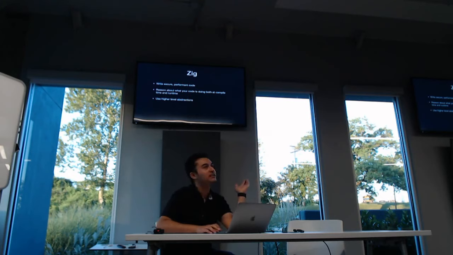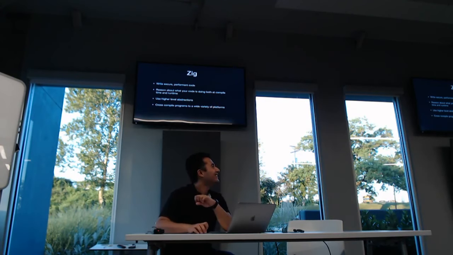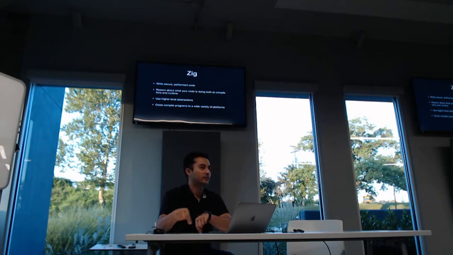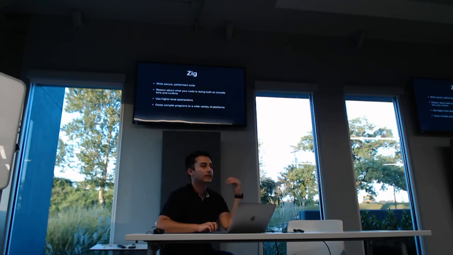And to a certain extent, you can also use interfaces or something like that, but this is what Zig allows you to do. And this is probably going to be the most popular thing of the day here, right? So instead of just being able to write for many platforms, you can cross-compile Zig to many platforms. Sitting here on this Mac, I can cross-compile Zig code to something like an Arduino, a Raspberry Pi, a Windows machine, an OpenBSD machine, right? I can write a kernel without having access to any of that, just sitting here on this machine. And the same code will probably work.